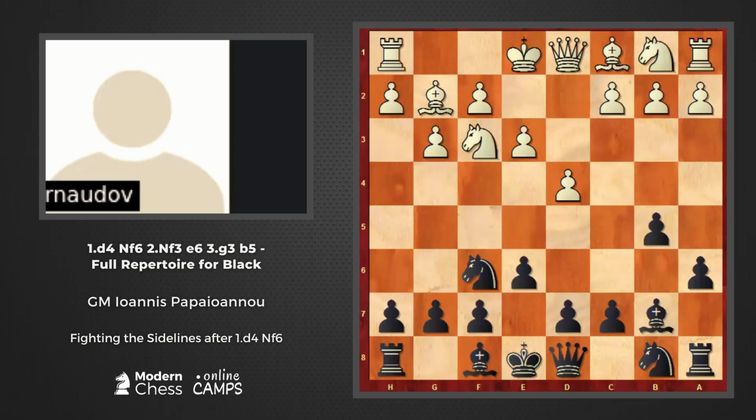So bishop b7, castles, bishop e7 or c5. This is exactly the position that we are looking for. Imagine instead of that, what are the options? Entering a Catalan. This is the other option. Entering a Catalan with black